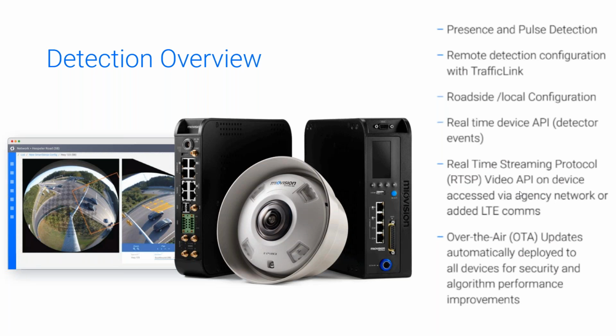Our detection system is a machine learning system, so the more we deploy, the more these systems learn and understand of what vehicles are, what environments they're in, like winter to summer. That varies the image quite a bit, and our system has a machine learning process where it's constantly learning how to adapt to those conditions. So with that in mind, we constantly provide over-the-air updates to make sure it has those performance improvements over time.